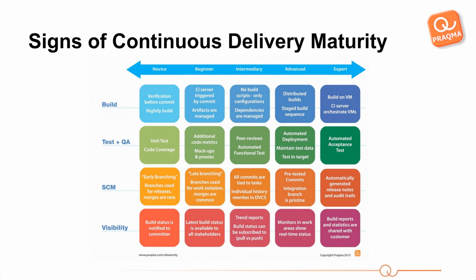Going through it from left to right, we have verification before commit and nightly builds. Those are some of the first signs that we see of some kind of maturity when it comes to build. People are supposed to actually do some kind of verification on their own computer before they share it with their colleagues. And whatever is put into the version control system at the end of the day is built during the night,